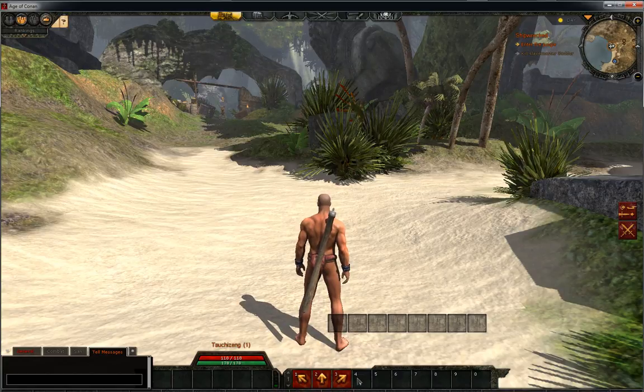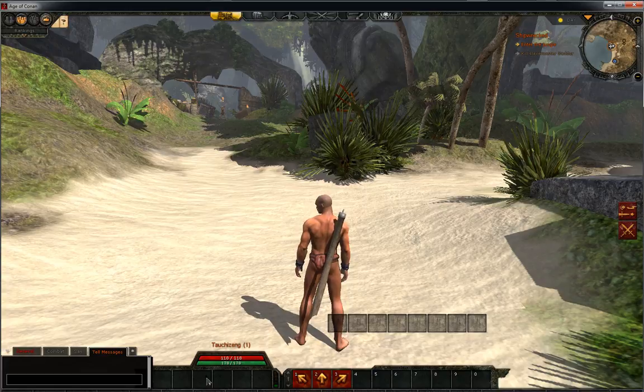So if you have a primary and secondary weapon, you can set this as 1 for your primary, and by scrolling the mouse wheel, you can change to another hotbar, and for your secondary weapon. Okay, which you might use in some occasions, depending on your character, which you've chosen, or your class. Okay, so here we have another hotbar,